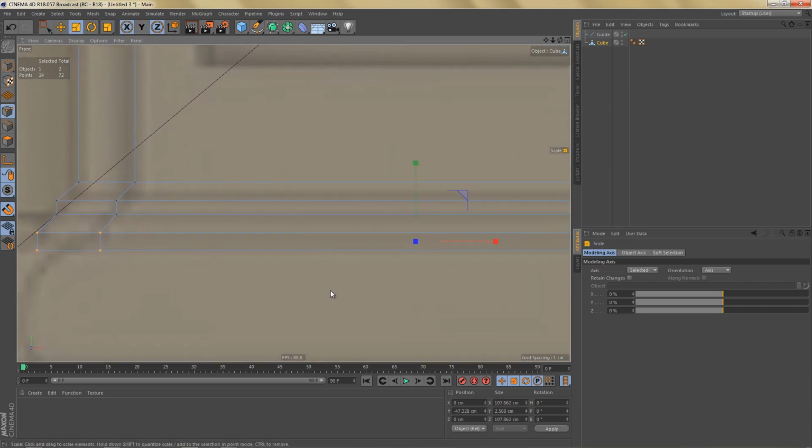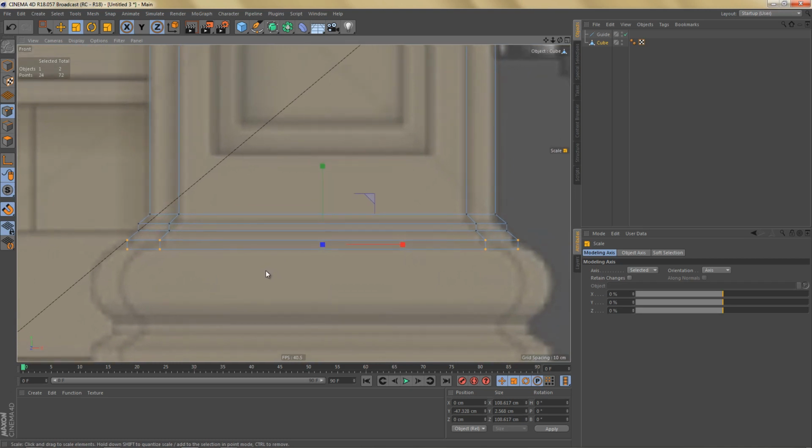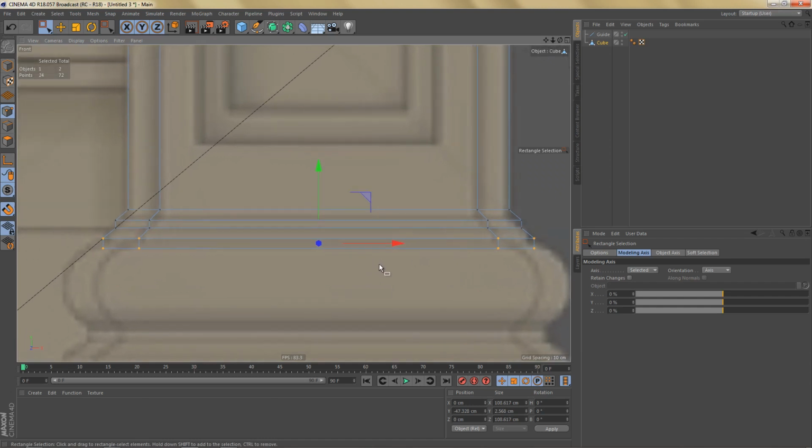Switch off the y-axis before you do that, and we could scale them like this. And we could also select these points here, copy the size on the y-axis,